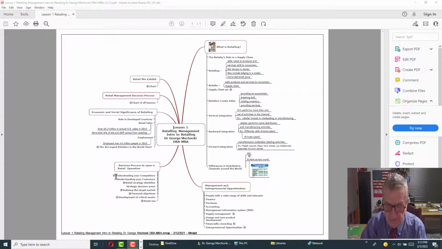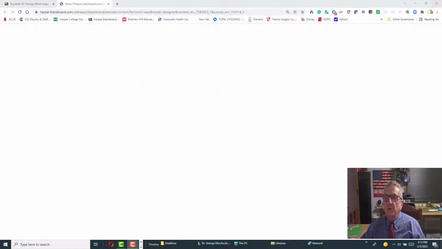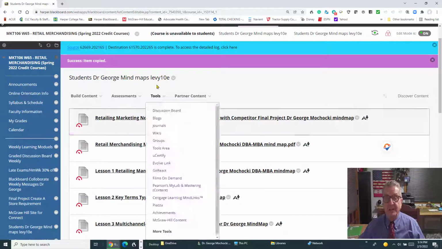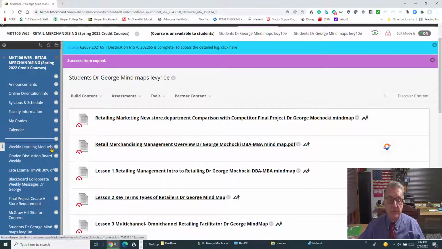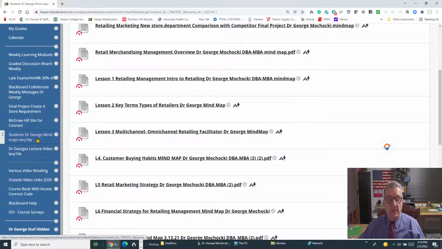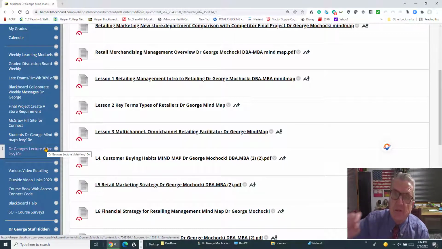When you're back in Blackboard, if for some reason I forgot to put it in on the weekly thing where you find your weekly modules, you could come in here where it says McGraw-Hill site, students' mind maps, student lectures, and everything else, in case the week is open or you want to read ahead and you wish you had that concept map so you could see what's important. When I'm reading, especially using an ebook, you could add the information in there. And look, I only read one time. They always tell you to read once just to get the information, a second time for content, and a third time for remembering.